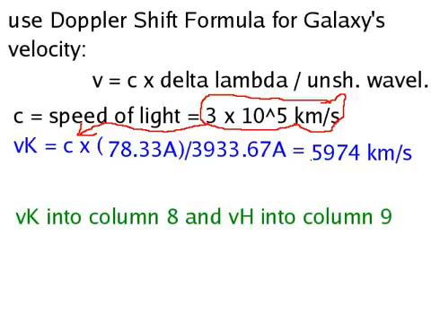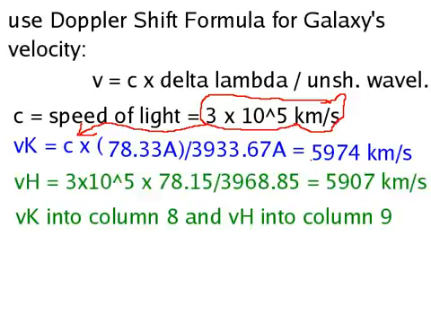So you have 3.3 times 10 to the 5 times 78.15 divided by 3968.85, and that was 5,907 kilometers per second. Okay, unfortunately that wound up being green now. Okay, well,